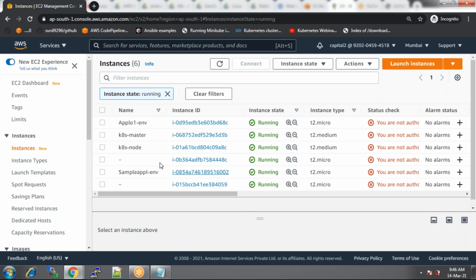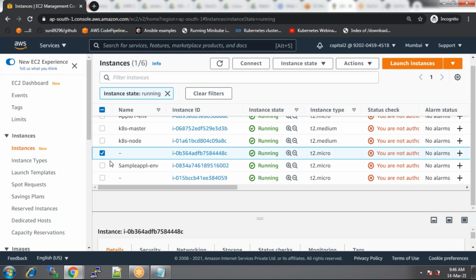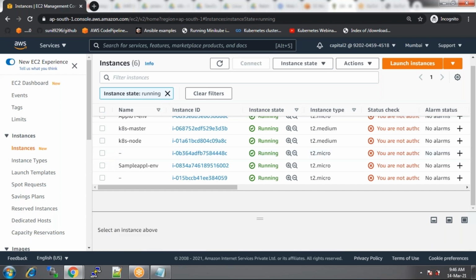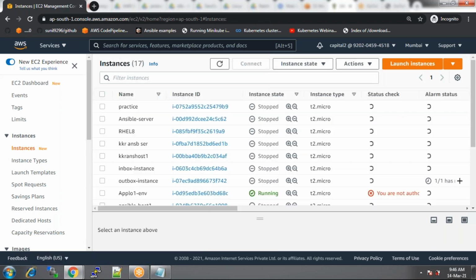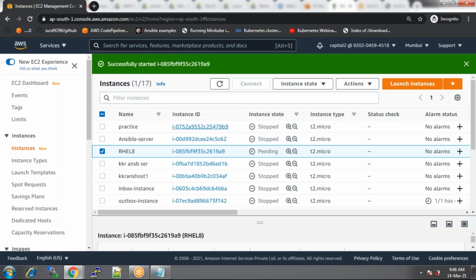So just try some instances. Go with that. What instance? Go with that instance, or else you can take some other instance. Now, just take an instance, RHEL 8 instance. And can I manage the status? So I can manage the status. I can do it. Even if you go with the volumes,